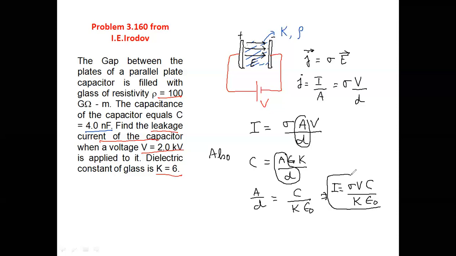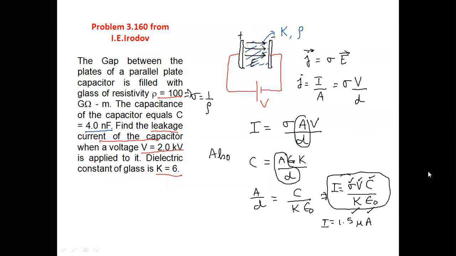And now we have all the values. Remember, the resistivity is 100, and conductivity can be obtained by 1 over resistivity rho, which means now each and every parameter is known to you. Resistivity is known, potential difference is known, capacitance is known, dielectric constant is given, and epsilon is known. So you put all the numbers, calculate this value, and you will get the value as I equal to 1.5 microampere. So this was problem number 3.160. Now the next problem,